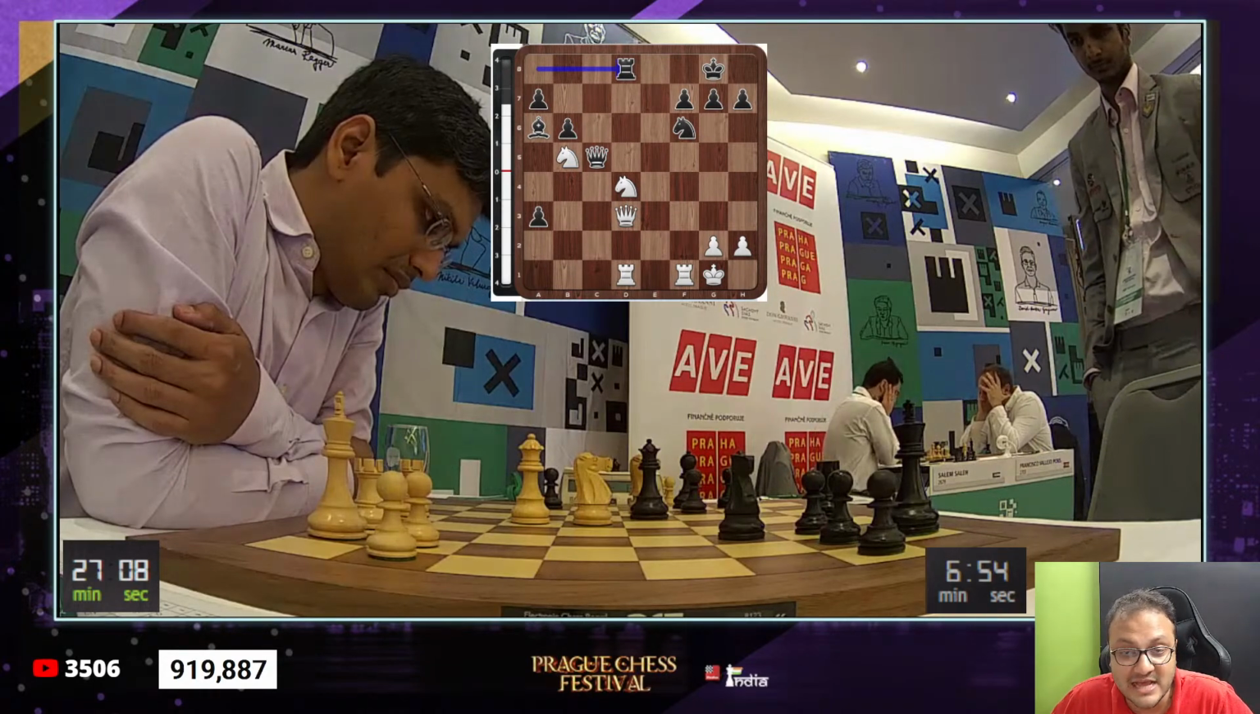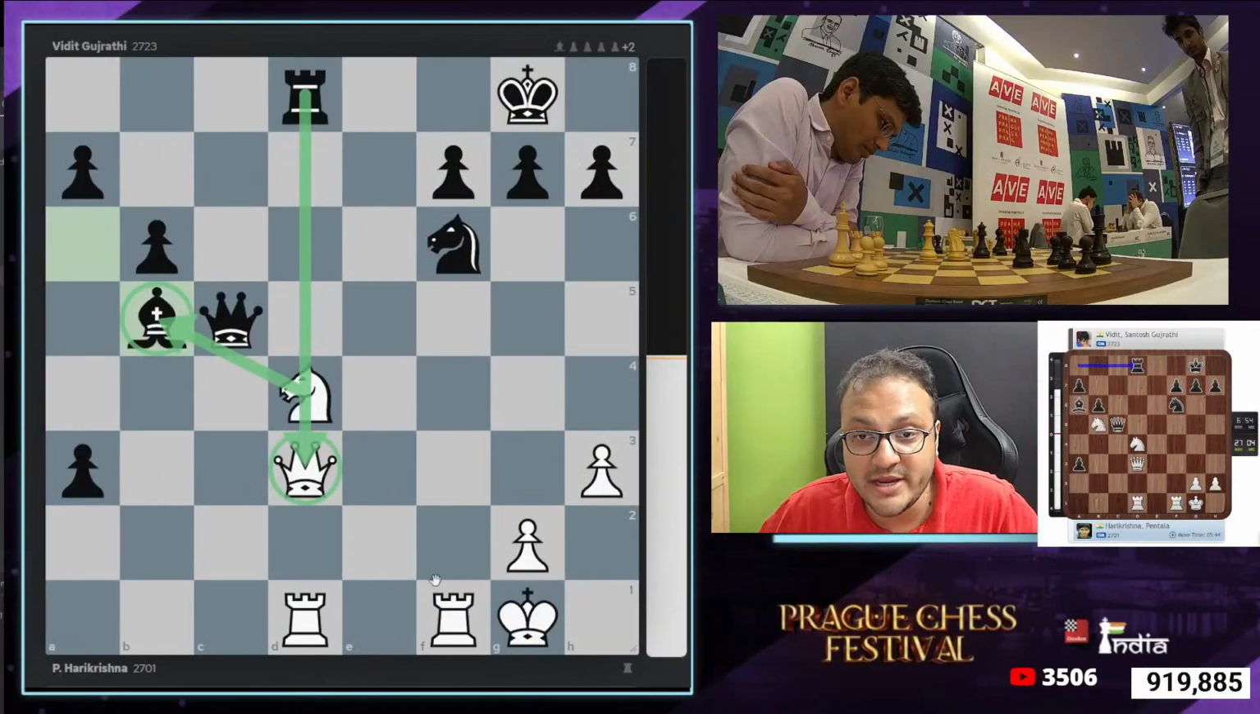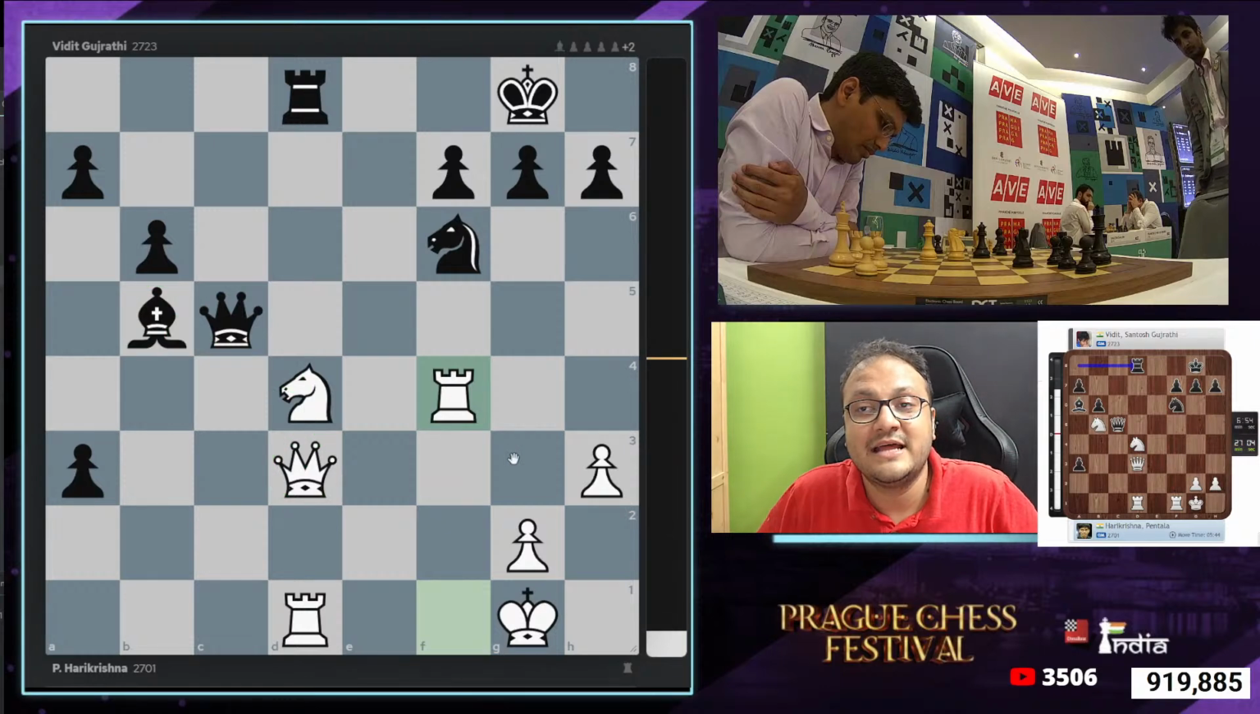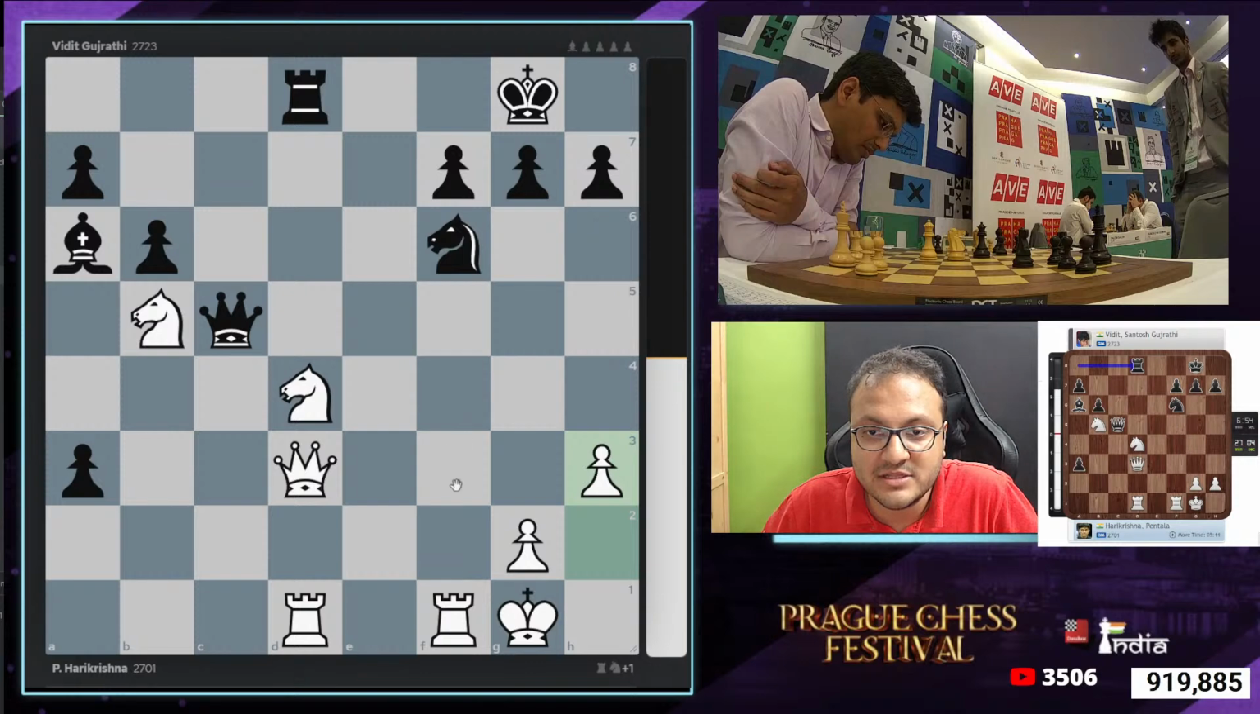Babu Raghunathan asks a very good question: why can't Hari play rook f4? Babu, we just saw a few minutes ago that this is a bad move. Rook f4 is a bad move